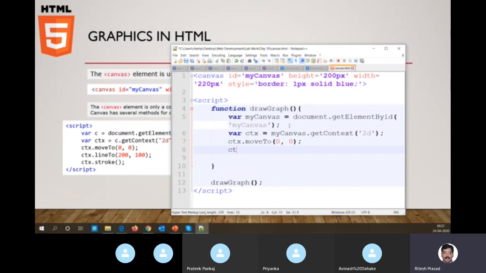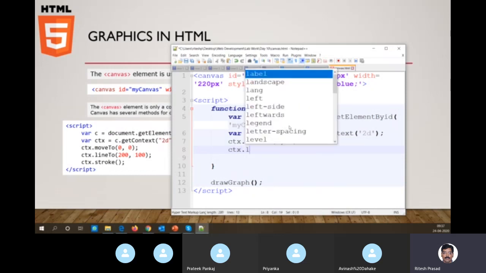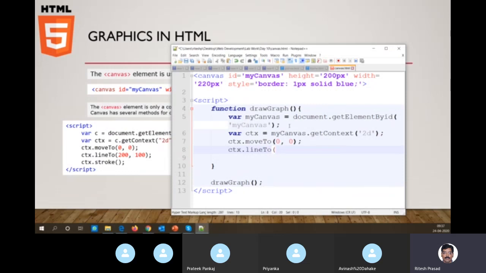And the next one is line to. From that initial point, move the cursor to 0, 0, and I'm saying line to 200 by 100. Now you can imagine 200 is the width. So it will go horizontally, and then 100 down means it will go down by 100 from 0, 0. So it will be drawing an inclined line, and then I say ctx dot stroke,